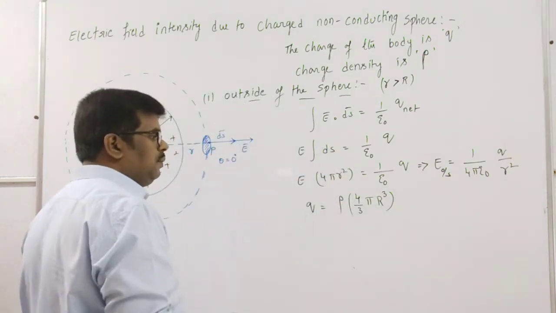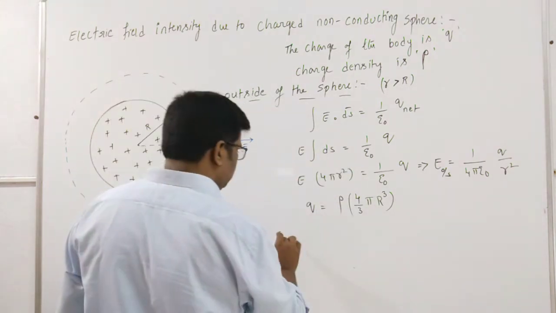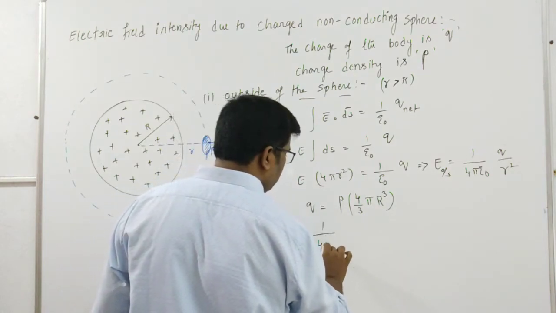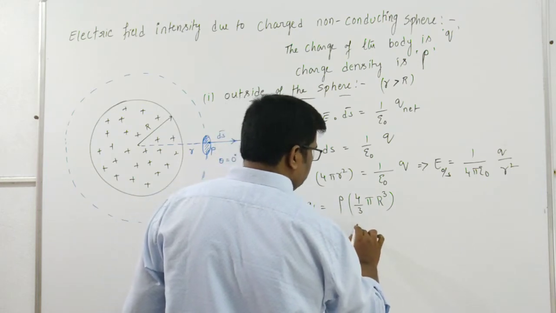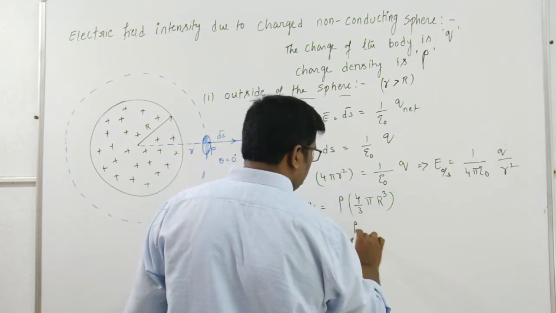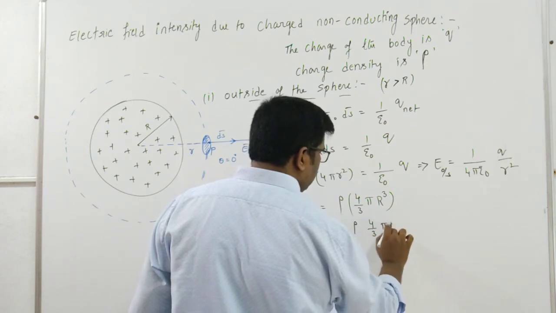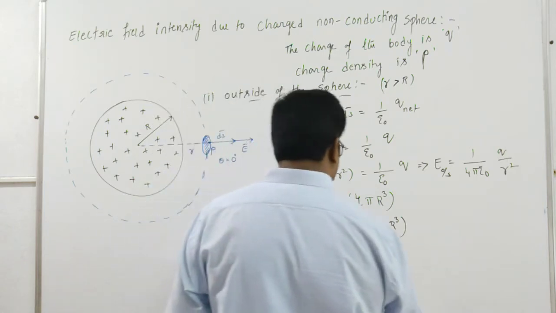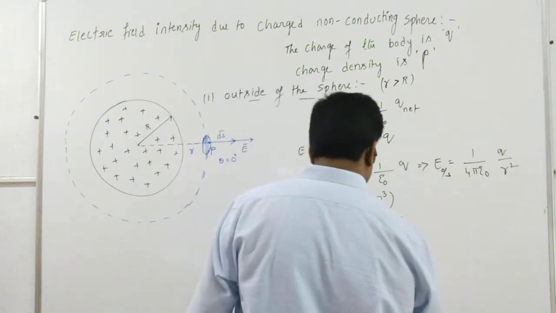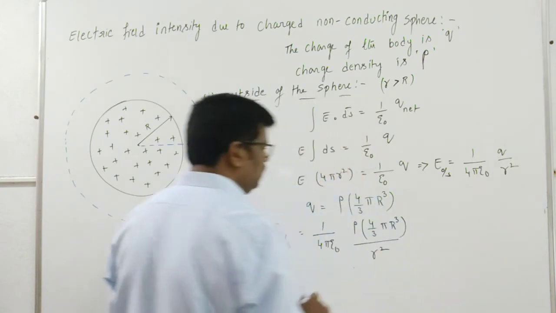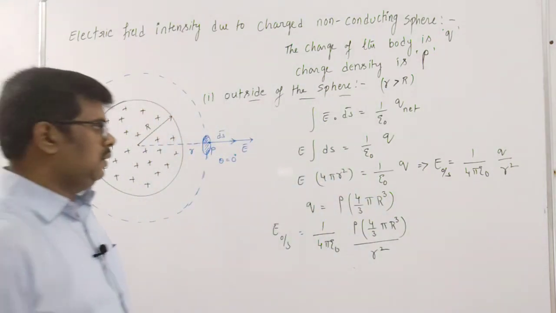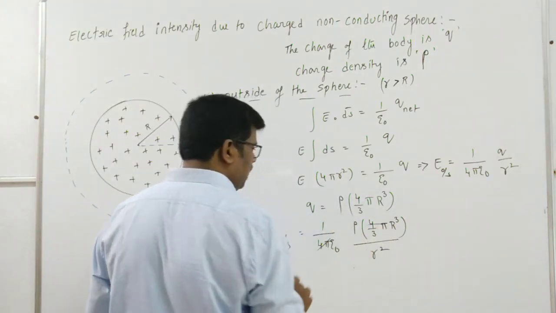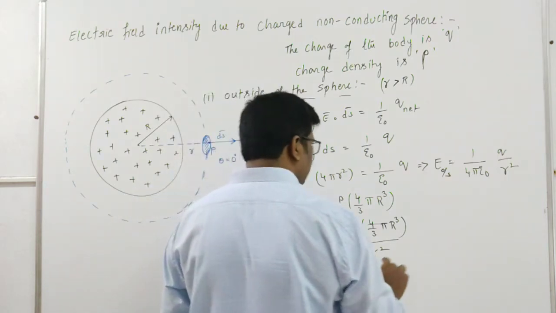Then if you write that in the expression, E outside equals 1 upon 4 pi epsilon naught, in place of q we write rho into 4 by 3 pi r cube, divided by r square. Then 4 pi gets cancelled. So rho by 3 epsilon naught into